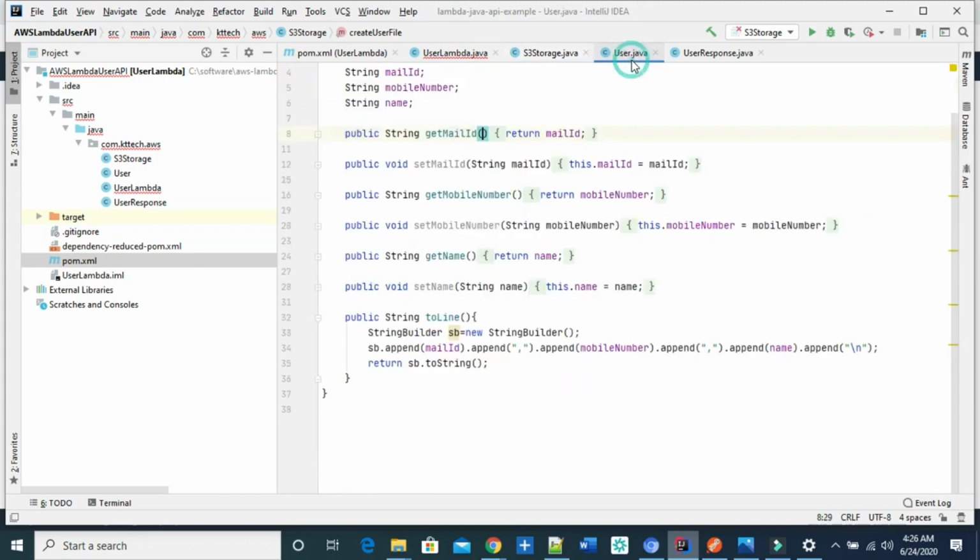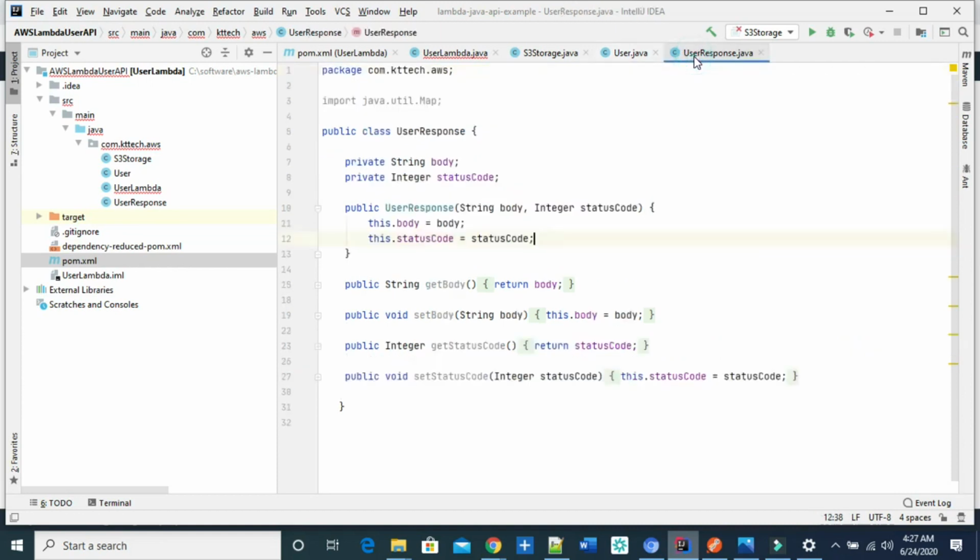so this is a user request, with only three fields: mail ID, mobile number, and name. When we have a sign up, like an add user or registration part, we mostly take mail ID, mobile number, and name. It's a common thing, that's why I added it here. The user response I did, yeah,